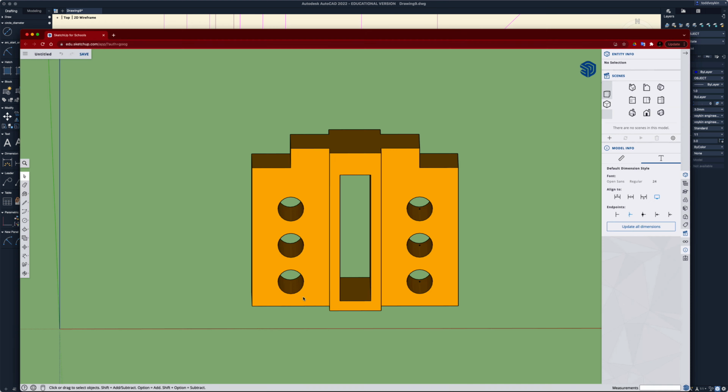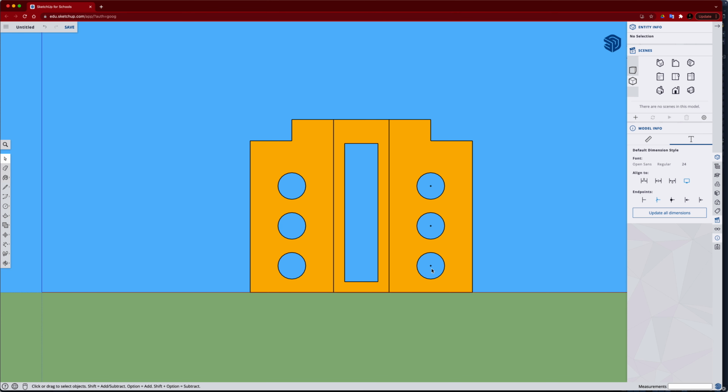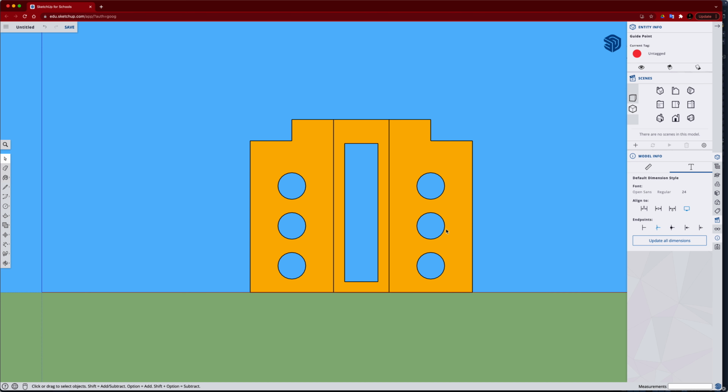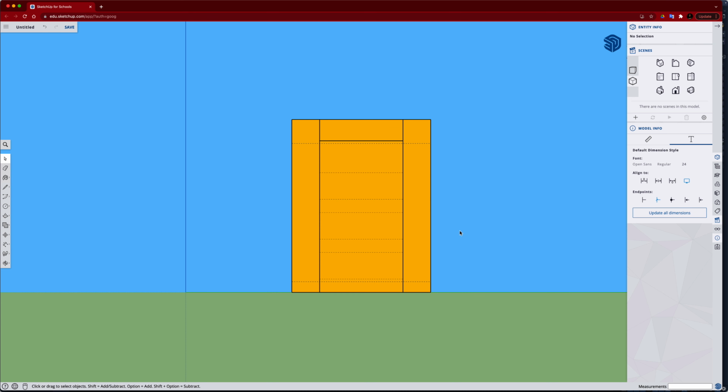SketchUp. So I'm going to open that up. Again, go to parallel projection, look at my front view. This time I'm going to turn on my hidden lines. And if you notice, there are no hidden lines on the front view, but when I go to the right side view, I do have these two, one at the bottom and one at the top, that go all